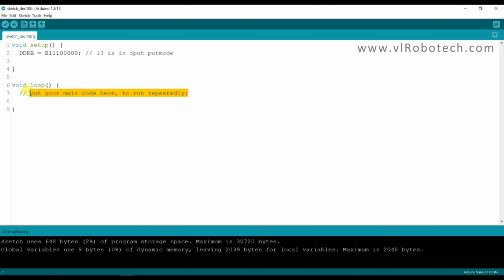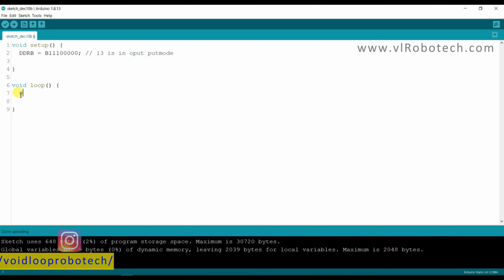Now here I will type for pin high, meaning I will turn on the LED. So PORTB equal to B, 1 1 and 1.